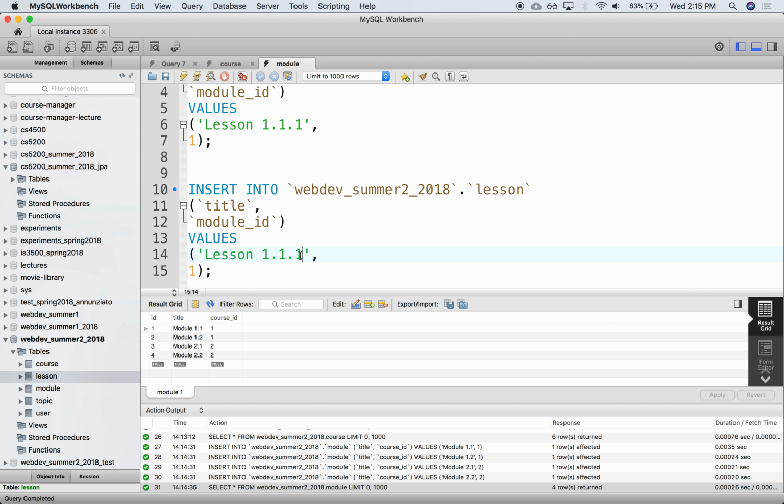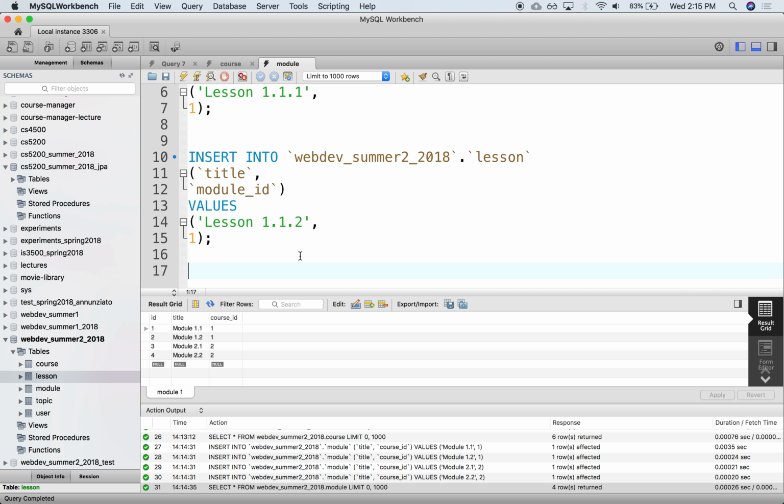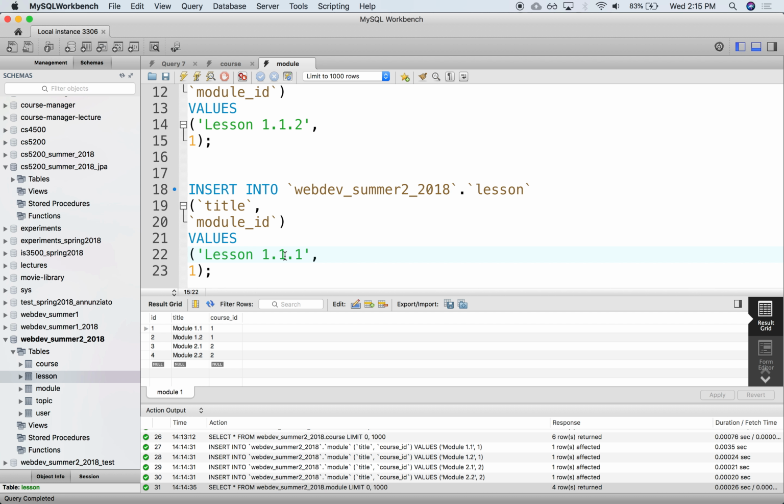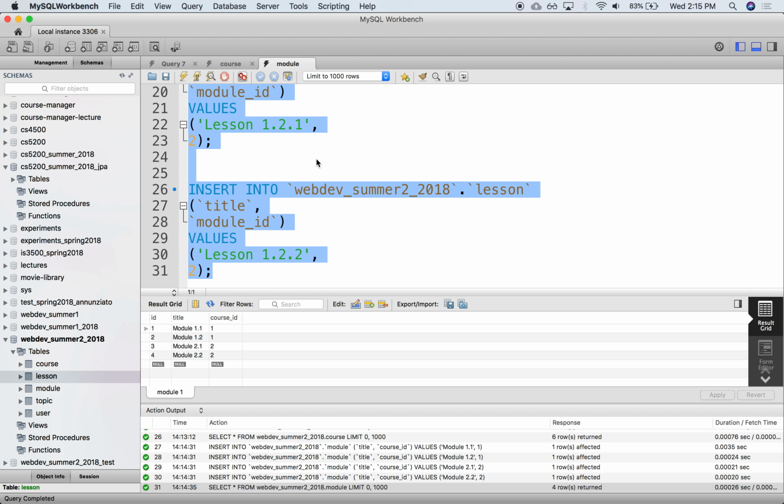Another lesson, lesson number 2, for the same module. All right. This will be lesson number 1, but for module number 2. And this will be module number 2, lesson number 2 for module number 2. Yes? All right. So if you select that and insert,